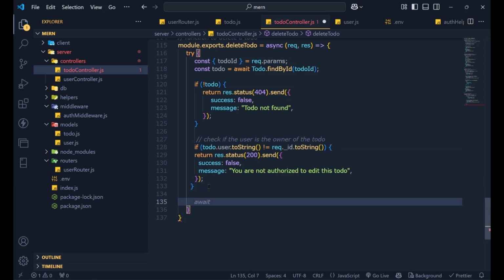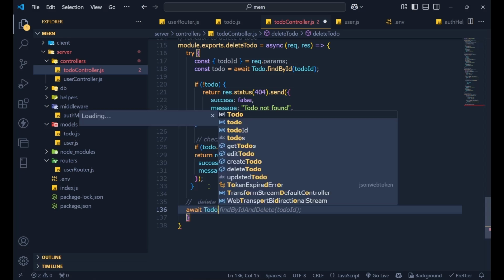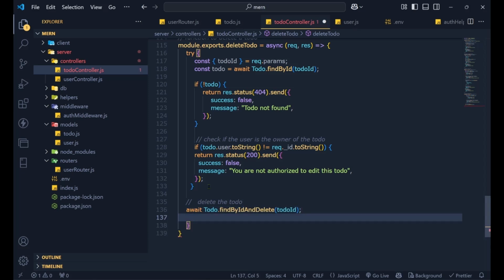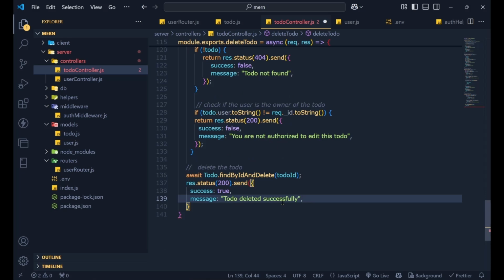Now once we have done this, now we'll actually delete the to do item. So how will we delete? We'll simply say await Todo.findByIdAndDelete, we'll pass in the to do id and it will delete it. Now what we are going to say is response.status 200, okay, success is going to be true and to do deleted successfully. That is fine. So now once we have deleted it,